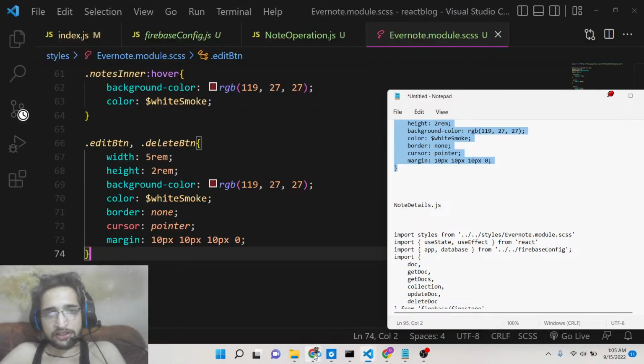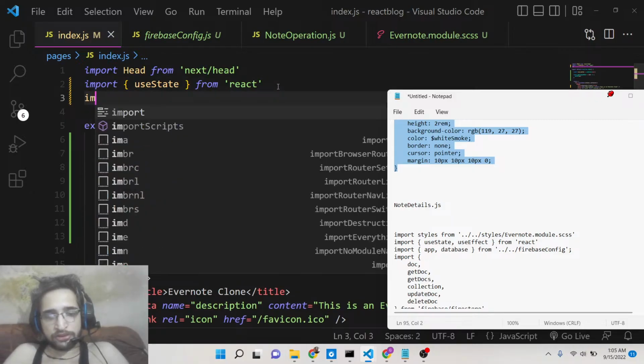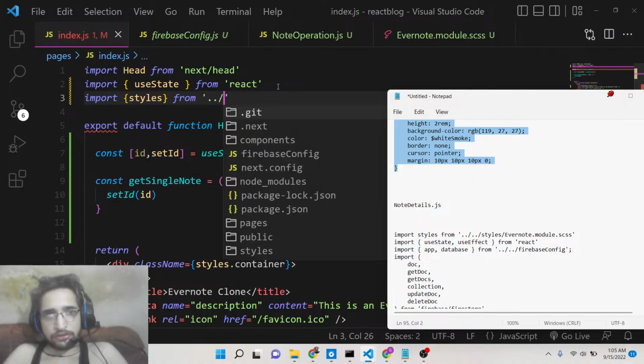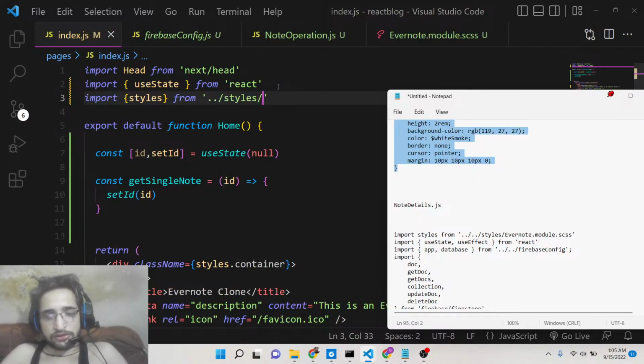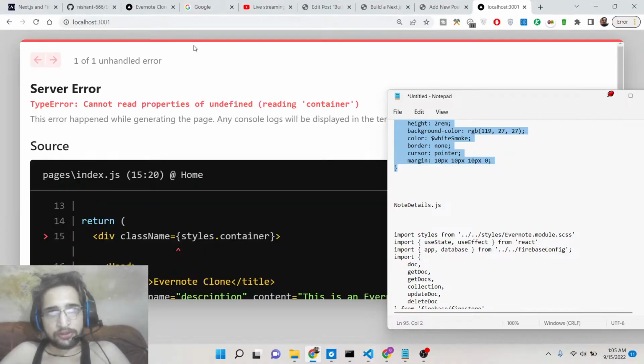Oh sorry, I think inside our root component, root page, we haven't imported this. So we need to import this. Styles, which is home module dot css. I think this is the name of the file, home module dot css. So if you now refresh it,